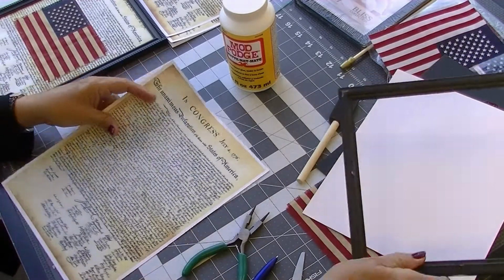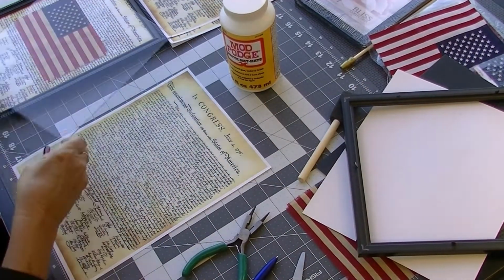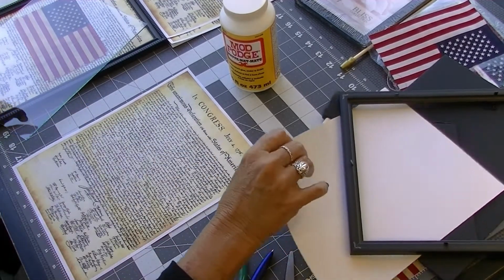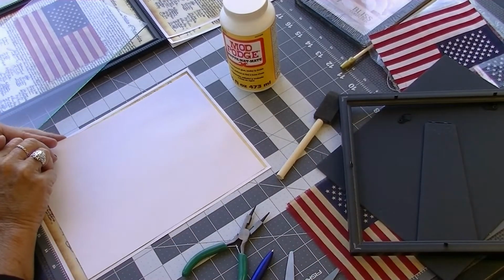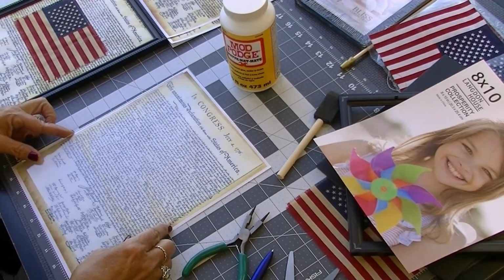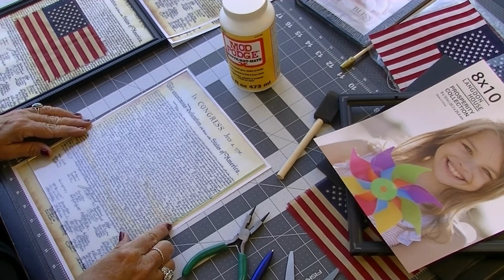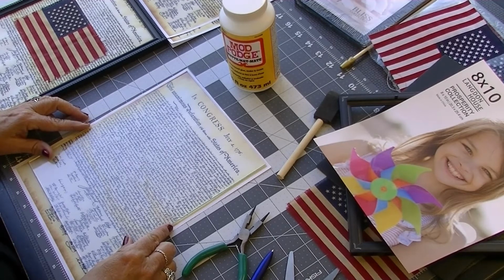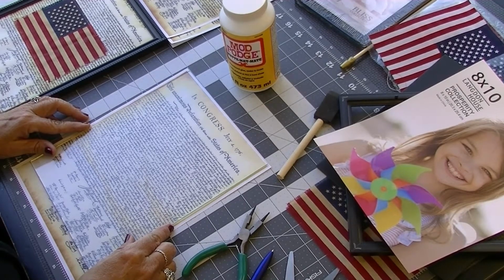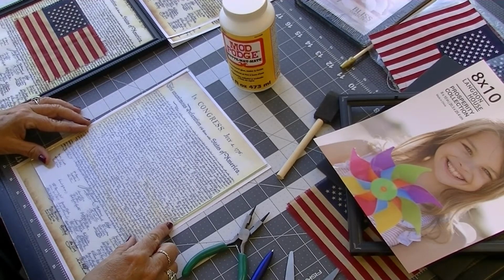And I'm going to take one of my documents. I was using my paper as a guide as to where to cut, but I think because I can see through this, this would be a much better guide. So I'm going to move that up so I am getting more of the top of it. And I just want to make sure my sides are,